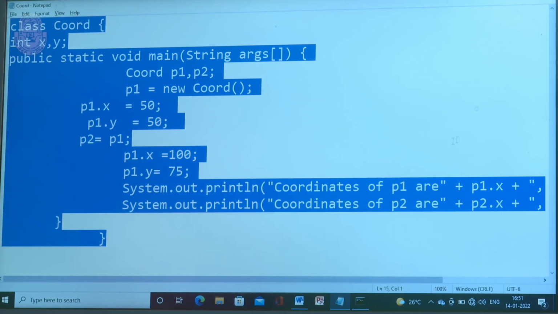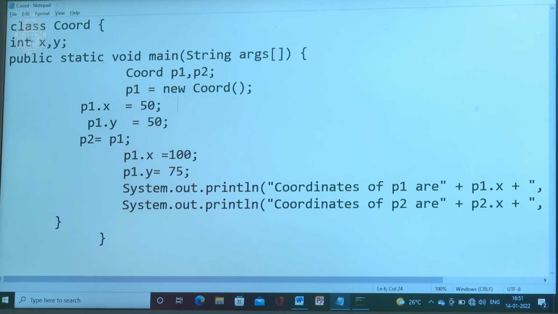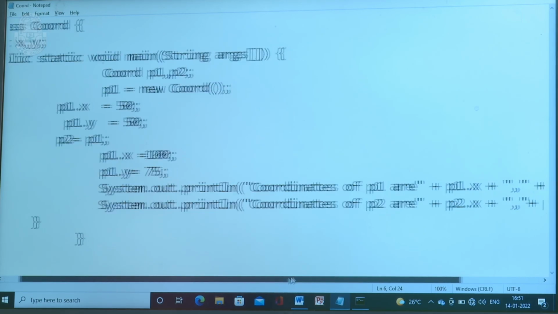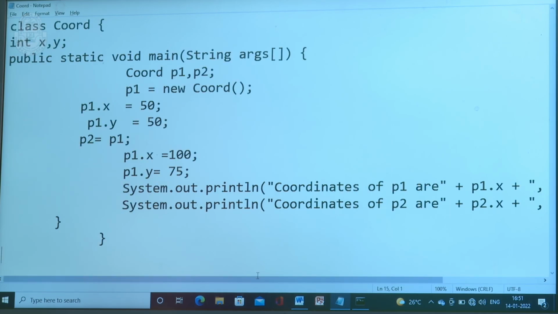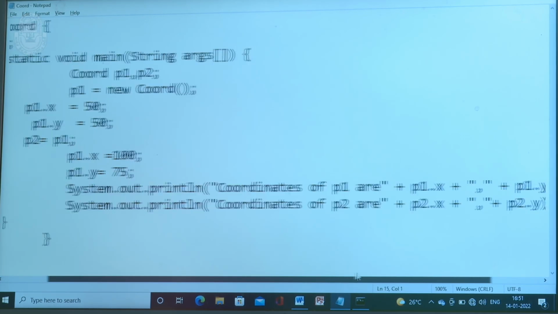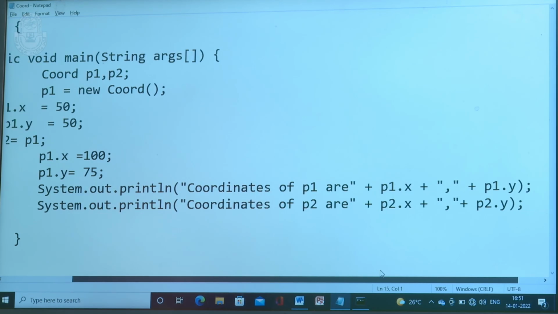This is the code. Here a class called Coord with int x, y; public static void main(String args[]), Coord p1, p2; p1 = new Coord(); p1.x = 50; p1.y = 50; p2 = p1; p1.x = 100; p1.y = 75. Then System.out.println("Coordinates of p1 are " + p1.x + p1.y); System.out.println("Coordinates of p2 are " + p2.x + p2.y);